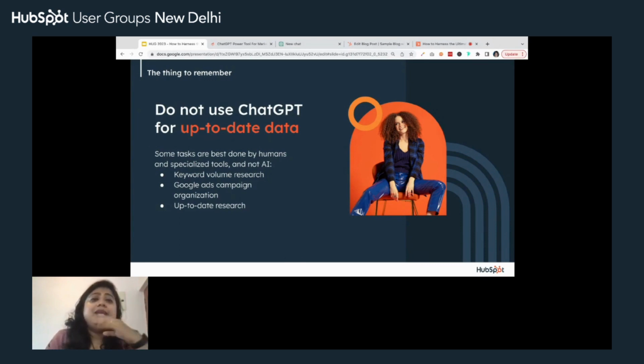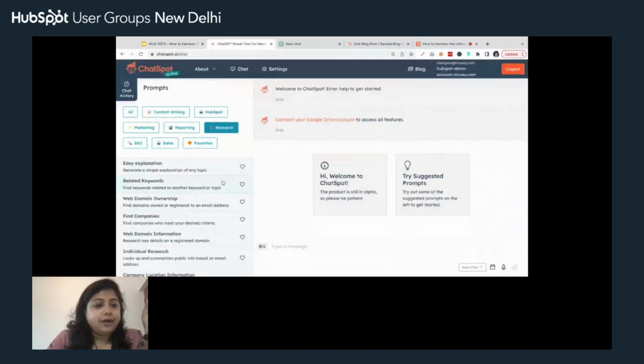However, even with that, in ChatSpot, there is actually a few prompts and a few capabilities that sort of cover up for, let's say, these drawbacks that ChatGPT has. One of which is essentially, if I'm going into research, one of which is funding data.